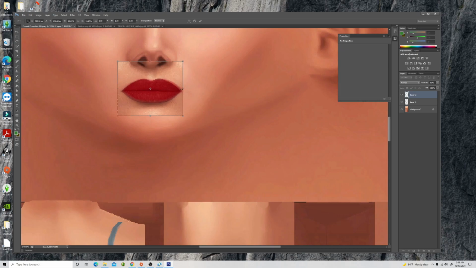Sometimes it's just a lot of trial and error. Okay. I think that might be good. Go to layer 1, get your quick selection tool. Sorry. Okay, now then you go to layer 2,